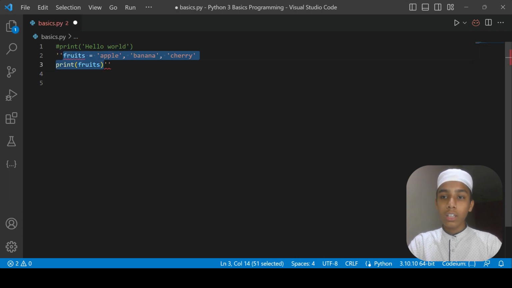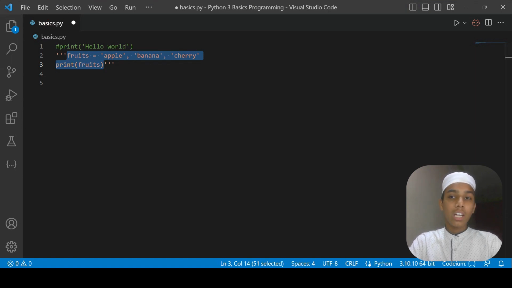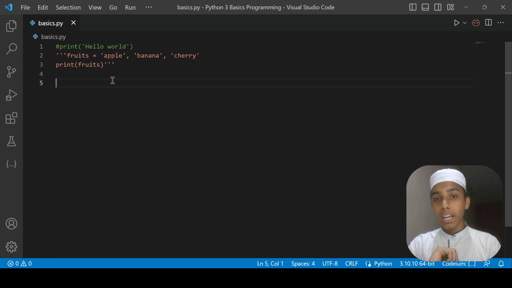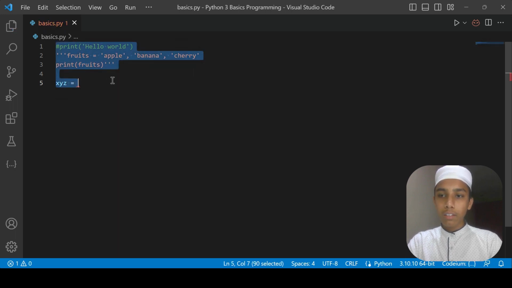Now let's talk about strings. Okay. Now before talking about strings, I want to talk about why we use quotation marks here. Before talking about quotation marks, I want to talk about strings. And the reason is that anything we give in quotation marks in Python is called a string. Whether we are giving numbers, symbols, or alphabets, it's called a string. For example, I will be giving something like xyz equal to, or I will be giving